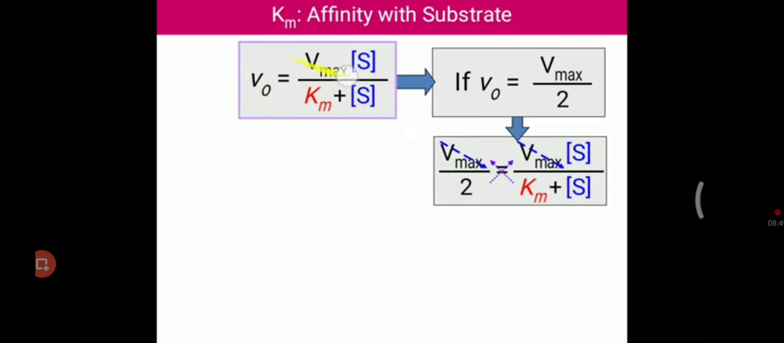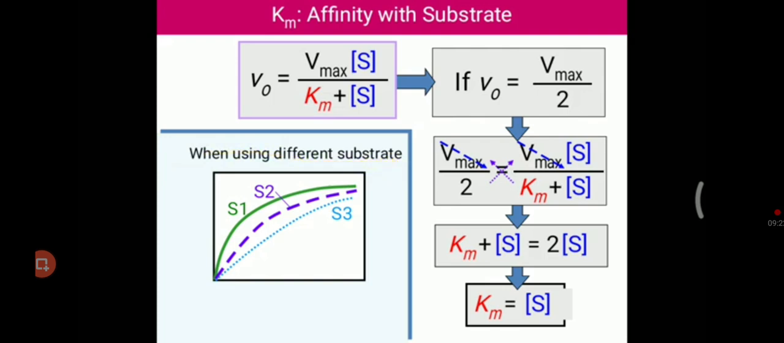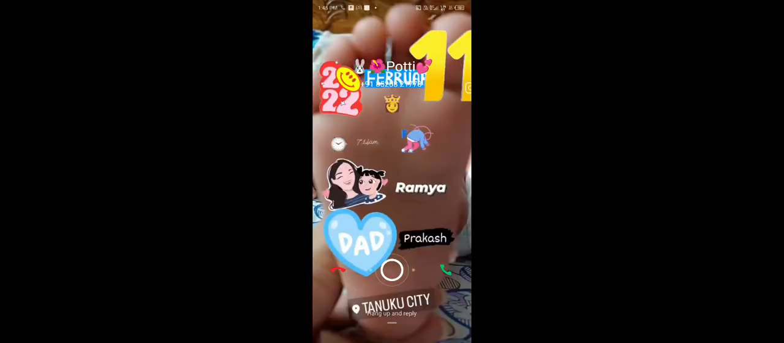So Vmax into substrate concentration remains the same over Km plus substrate, and the Vmax on both sides is cancelled. Now Km plus substrate concentration is on one side, and 2 times substrate concentration on the other. So Km plus substrate concentration is equal to 2 times substrate concentration. From that, the substrate goes to this side and is subtracted from 2 times the substrate concentration, so Km remains as a single substrate concentration, simply the substrate concentration at half maximal velocity. So when using different substrates, suppose the same enzyme, as I said about hexokinase, hexokinase can work